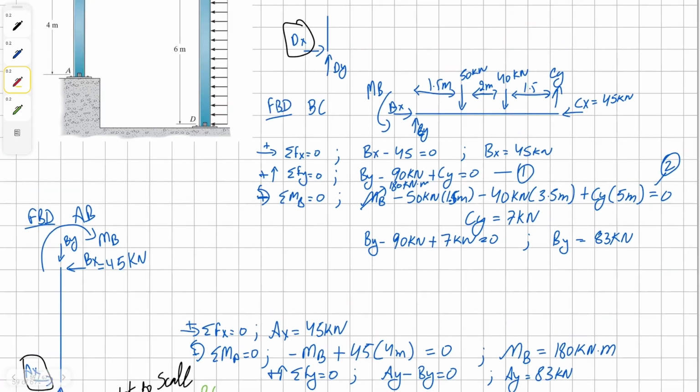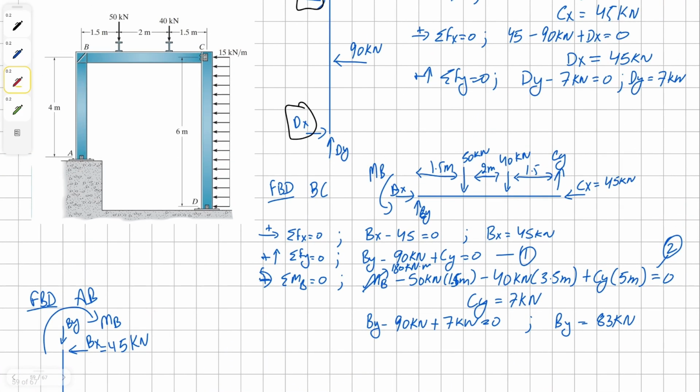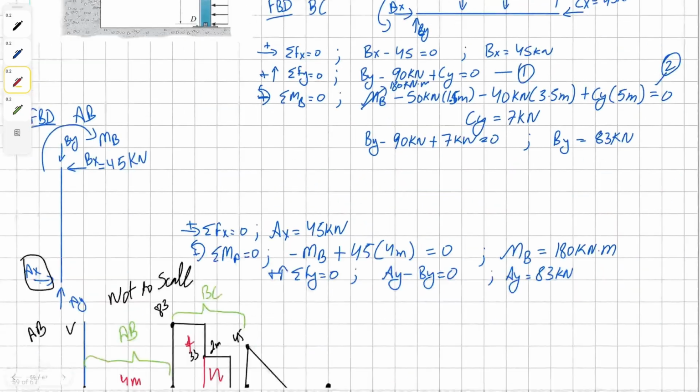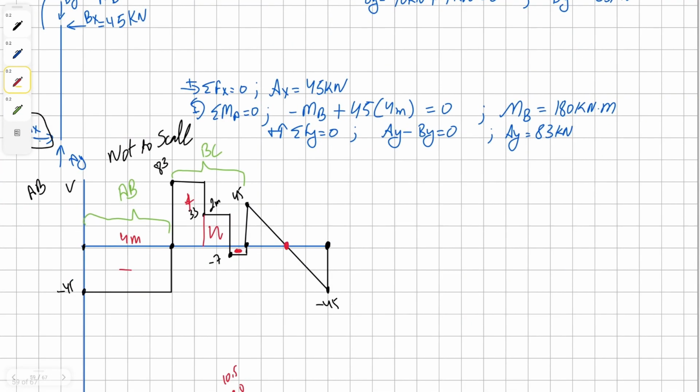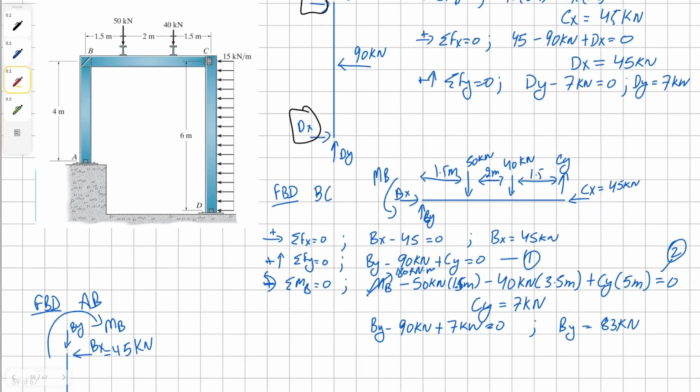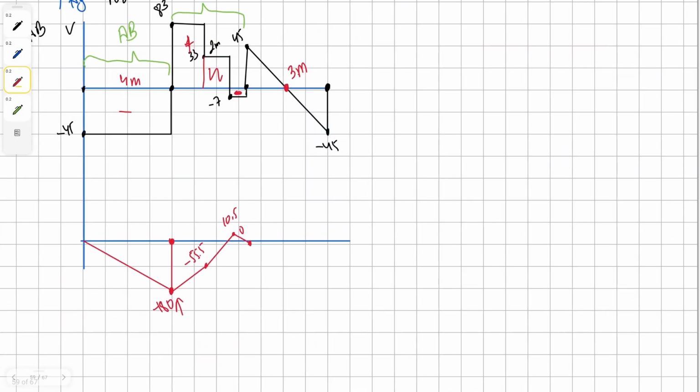And because we have a symmetrical uniform distributed load over the 6 meters, we know that our intersection, which occurred here, is going to be at 3 meters from the 0 mark. With respect to member CD, we can calculate these areas. So this means our maximum is going to be around here somewhere. We're going to come down both ways and it'll be 0. Anyway, so 45 times 3 is 135. So our peak